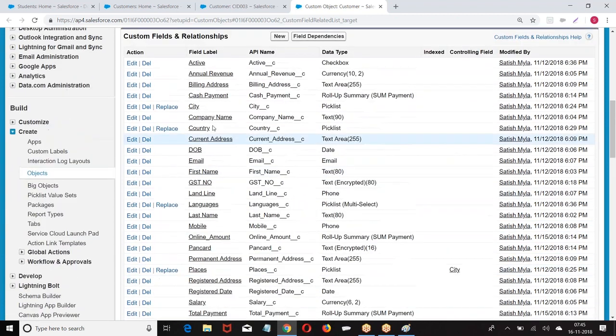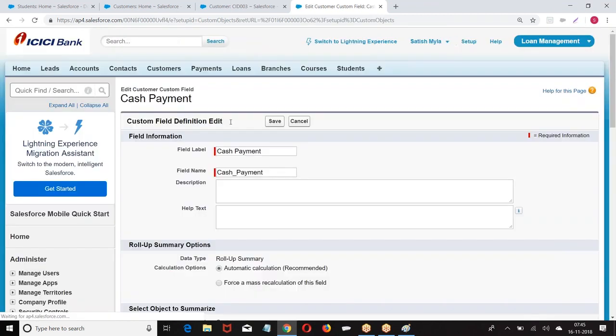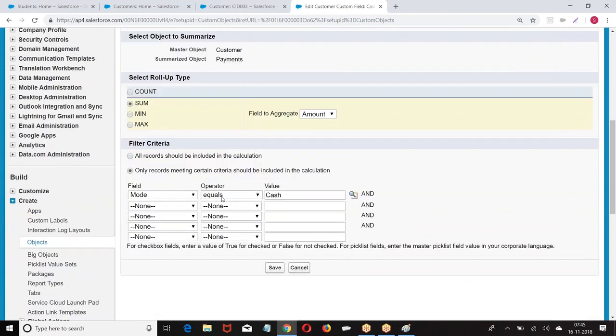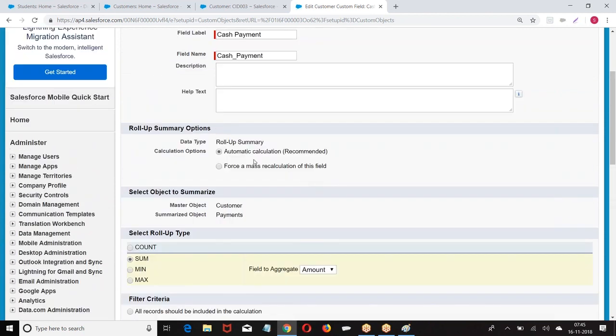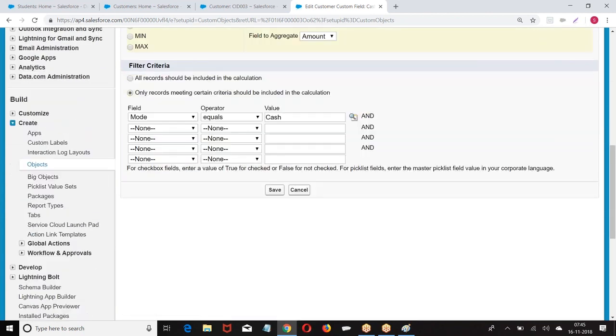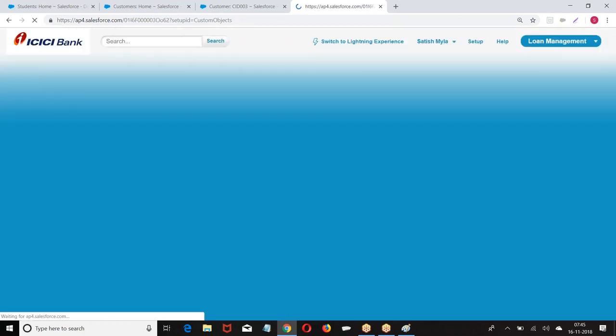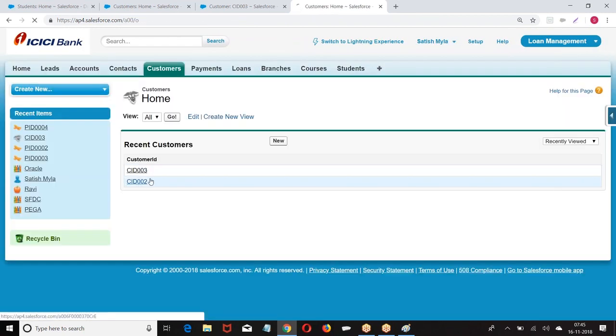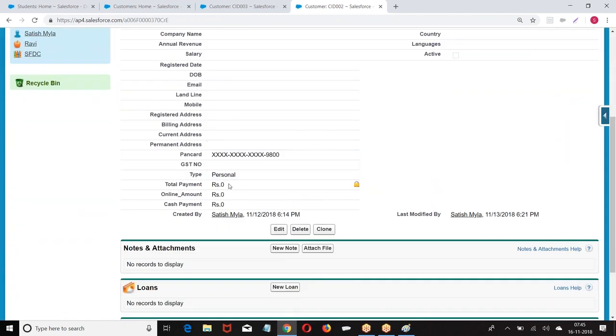Total, mode equals cash. You're right. To customer. Now let us take this.